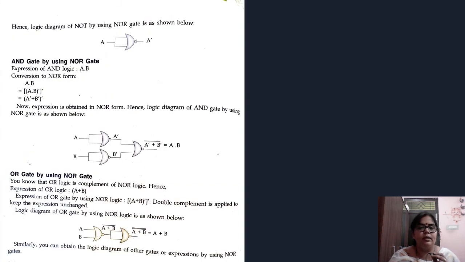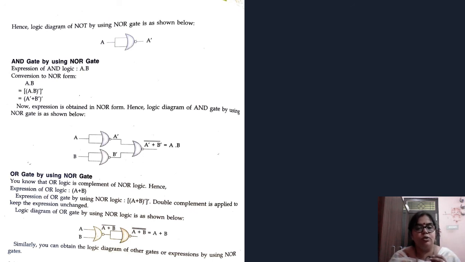How are we going to make it? See, the logic diagram is simple. A, and here we get our NOR gate. Now the NOR gate has been used here for making an AND gate. See, the expression is like that only, as with NAND, but the sign has been changed here. Like that only, you all have to make it. The logic circuits have been drawn here.